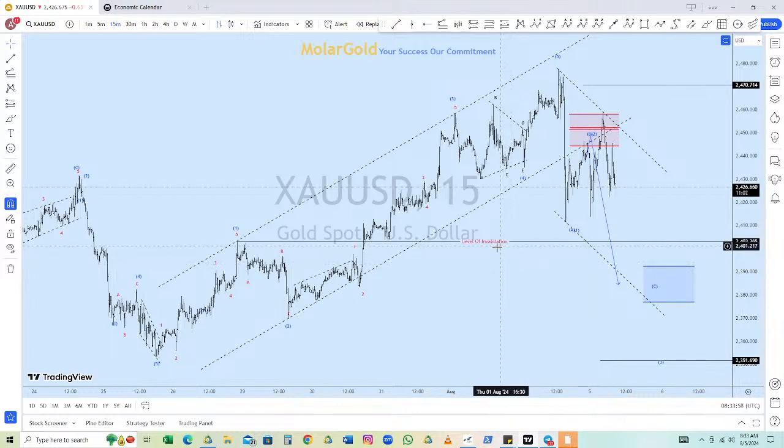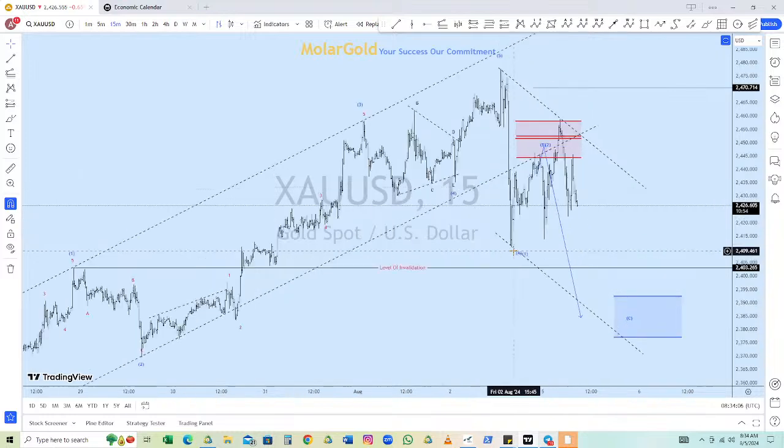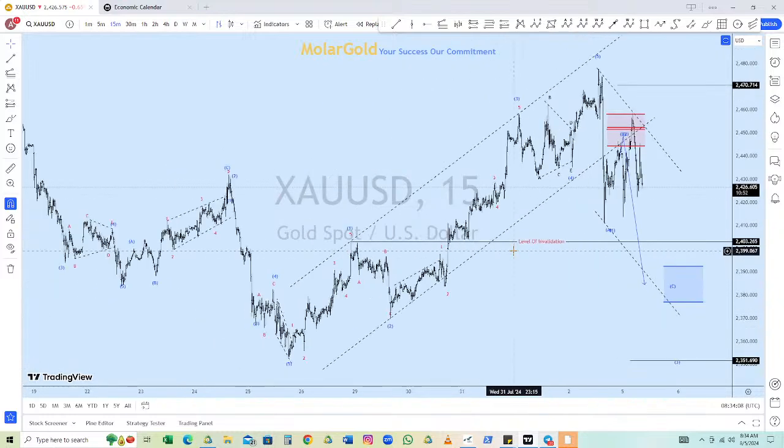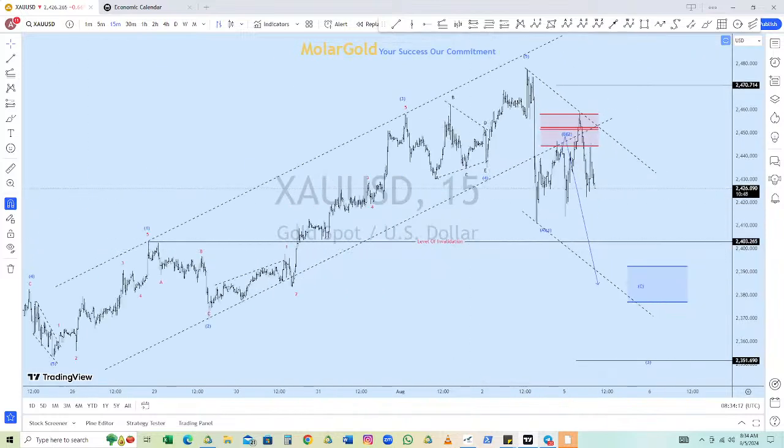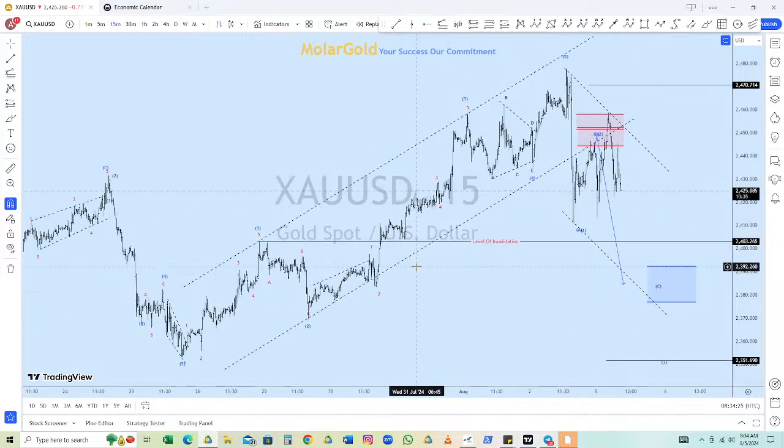Today we are going to look at the gold asset and what we think the asset will do today and for the whole of the week. Last week we saw crazy actions from gold, the asset. Today, what are we expecting?